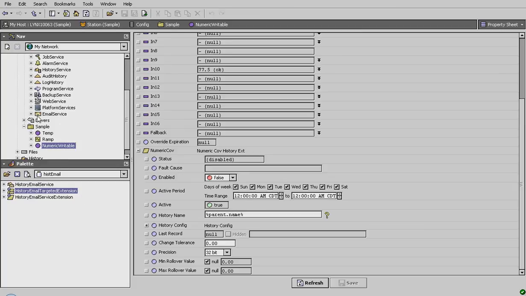But suppose you want to just pick up all of these histories and send them to one individual in one email. So the email might have multiple CSV files in it. So that's what I'm going to show you how to do now, because you already know how to use the targeted one. What we'll do is talk about using the email service.